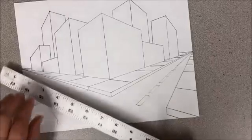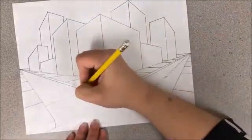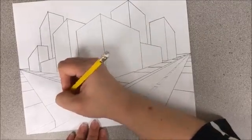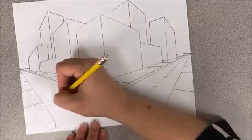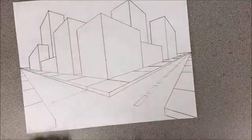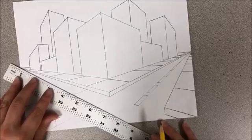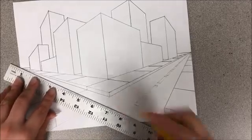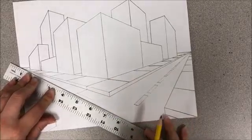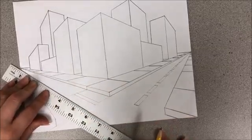lines so that it'll have how wide it's going to be. One thing, again, that I like to do is just kind of eyeball it and give myself an idea of where I'm going to want those lines first, so that I don't have to worry about it if I can't see through my ruler. So I'm going to line up each of these marks with my left vanishing point and draw down there. And after that, all I would do is just erase the space in between each of those